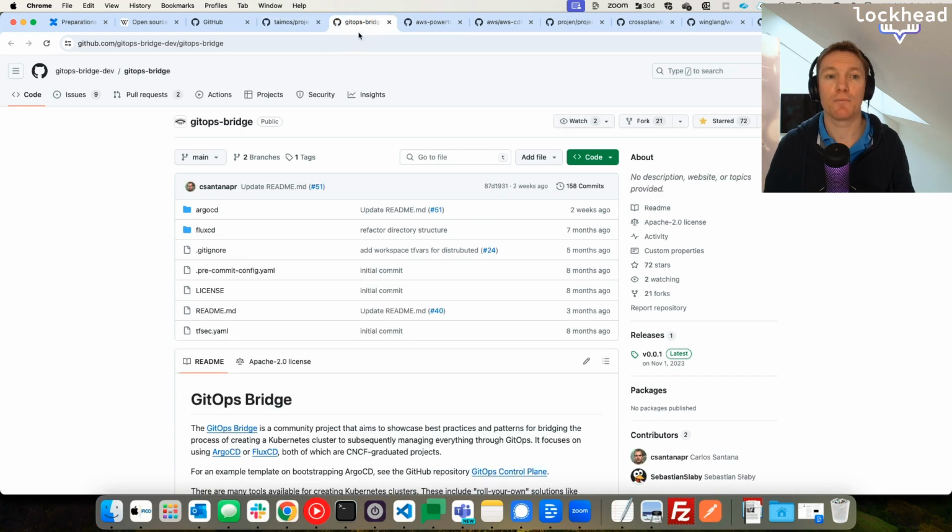Another good example would be the GitOps Bridge, which is used to deploy Crossplane and Argo CD on top of a Kubernetes cluster. It's also a very small project. Starting with small projects gives you the possibility to interact with the contributors and the maintainers and get to know the processes and the thoughts behind that before you actually run into the bigger projects that have a lot of workflows that you need to be aware of.